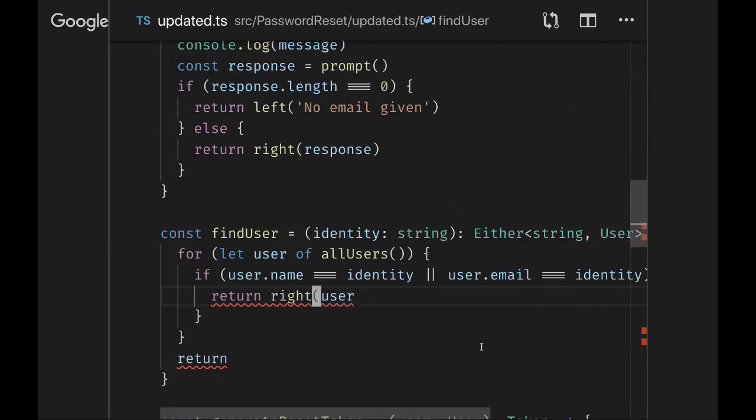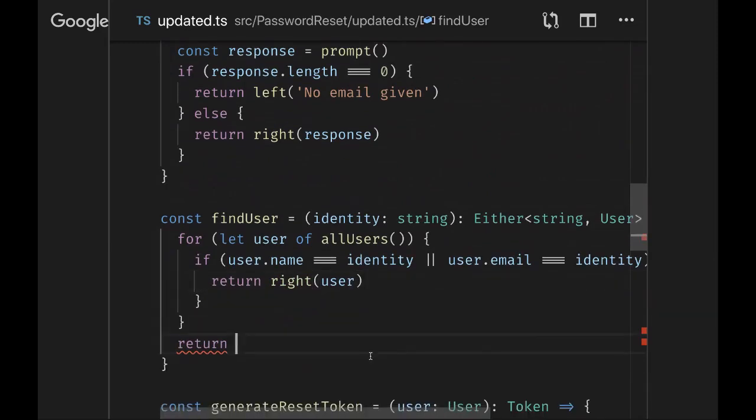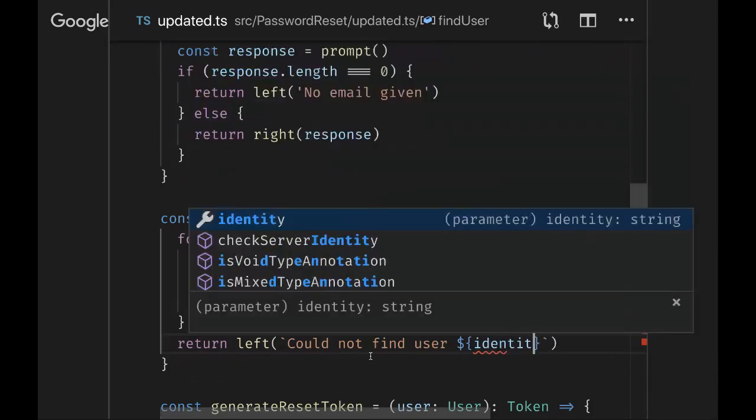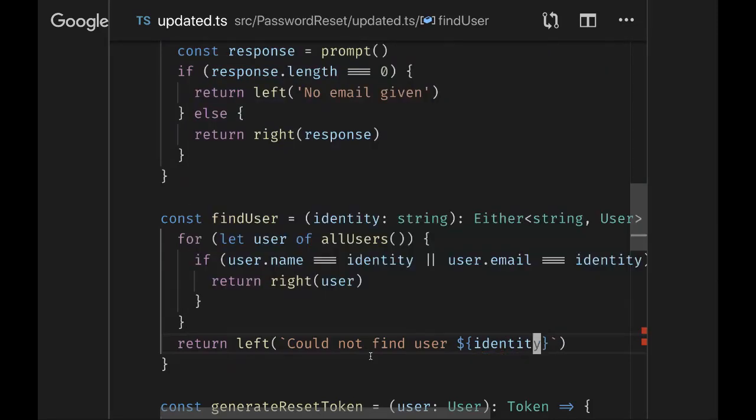Like if I have a user, cool, I have a right, that's a success. In this path, there's a failure. And my requirement is I have to give that string error message here. I think the best I can do is like could not find user with identity. But the compiler forced me to handle all the error checking in the flow. That I believe is the compelling part about TypeScript here.